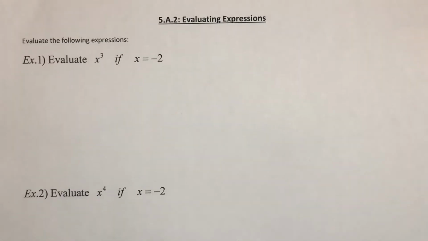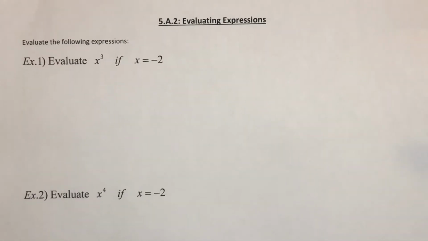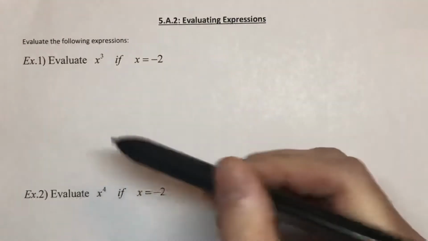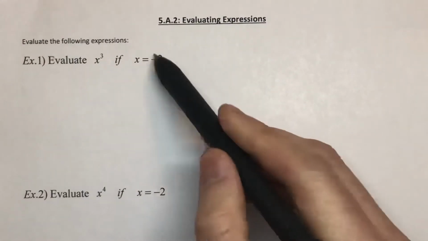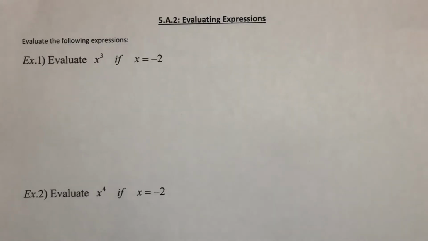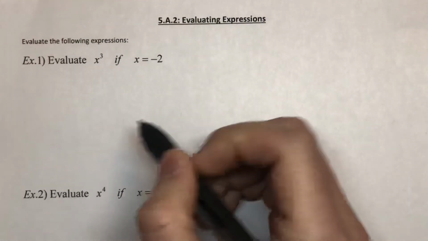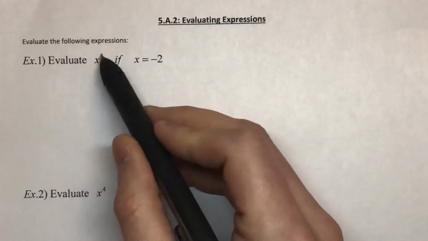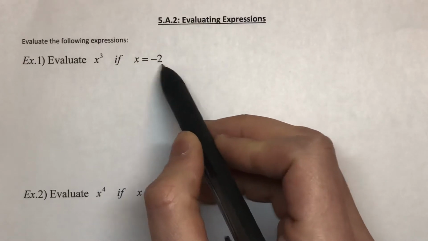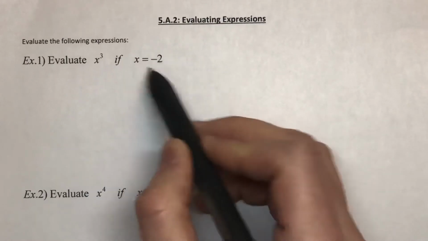In 5.A.2, we'll do a little more review on evaluating expressions involving exponents, especially with negative values of the variable, what it looks like and how we evaluate it. So to evaluate x cubed, if x equals -2, we're saying let's let x be this value, let's plug it